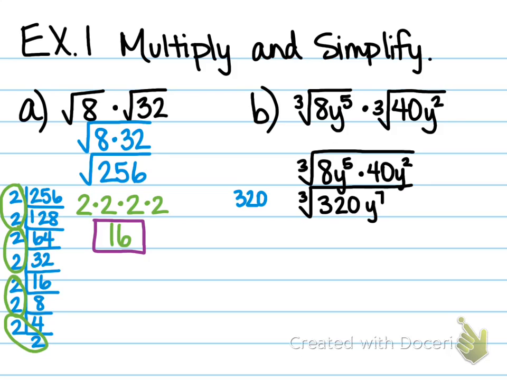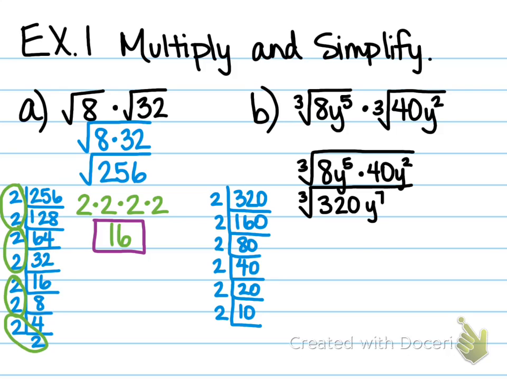Now I can simplify. So I'll factor 320. 2 goes into 320 160 times. 2 into 160 80 times, 2 into 80 40, 2 and 20, 2 and 10, 2 and 5. So it's completely factored. Since this is a cube root, I'm looking for sets of 3. So I circle my sets of 3, and I actually have a leftover on this one. So those groups of 2 will come outside of the radical, but that 5 is going to have to stay inside. So that's 2 times 2 on the outside, and the cubed root of 5 on the inside for the